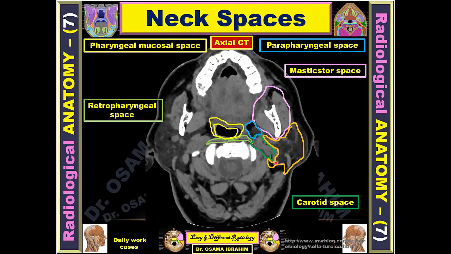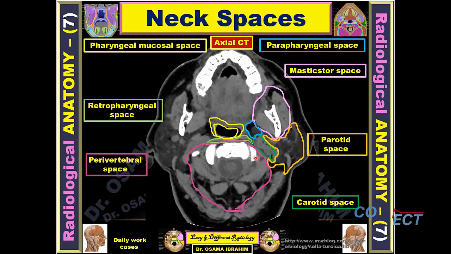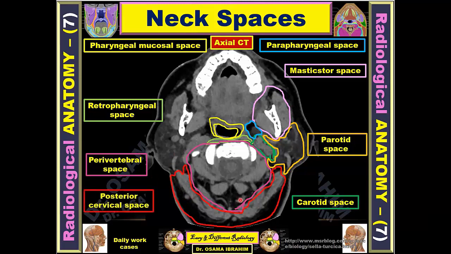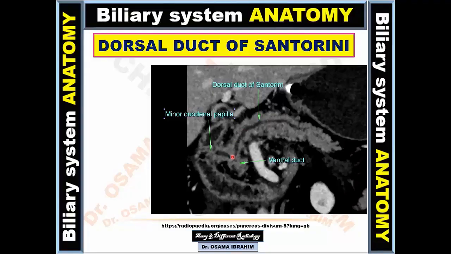What about this lateral space which is showing the parotid gland here with its vessels and lymph nodes? It is also called the parotid space. So now this is the vertebra and the surrounding area of the vertebra is called the perivertebral space. However, the most posterior space in the neck is called the posterior cervical space, which is connecting the main duct